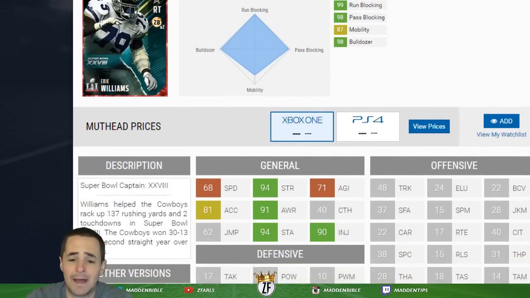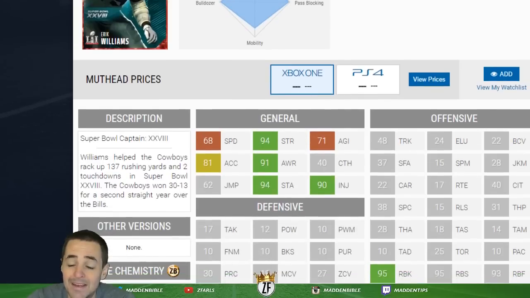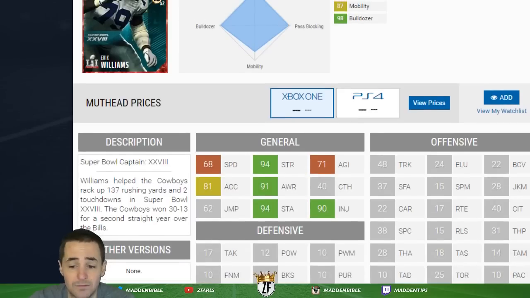Now at the tackle, we have our first legend here. I believe it's Eric Williams, the right tackle. 94 strength, 95 run block, 90 pass block with 93 impact, 68 speed, but he does have 81 acceleration. I like this guy. If you need a good run blocker who's got really strong strength, at right tackle though,